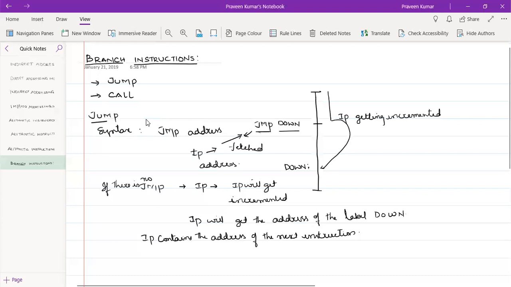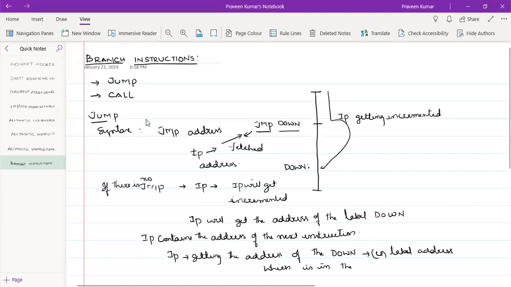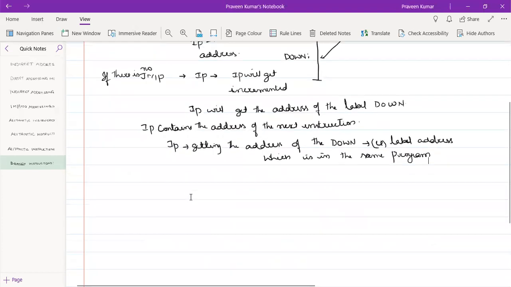So the moment the instruction gets executed, the IP will get the address of down, which is a label address in the same program. This address is placed in the IP.